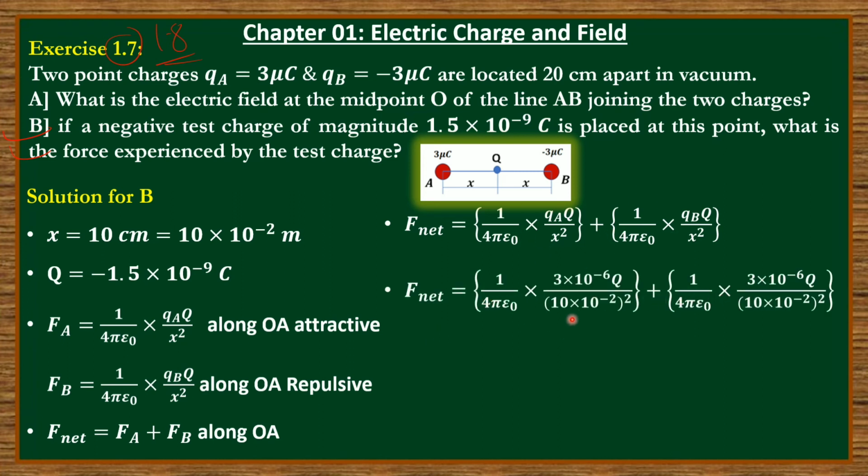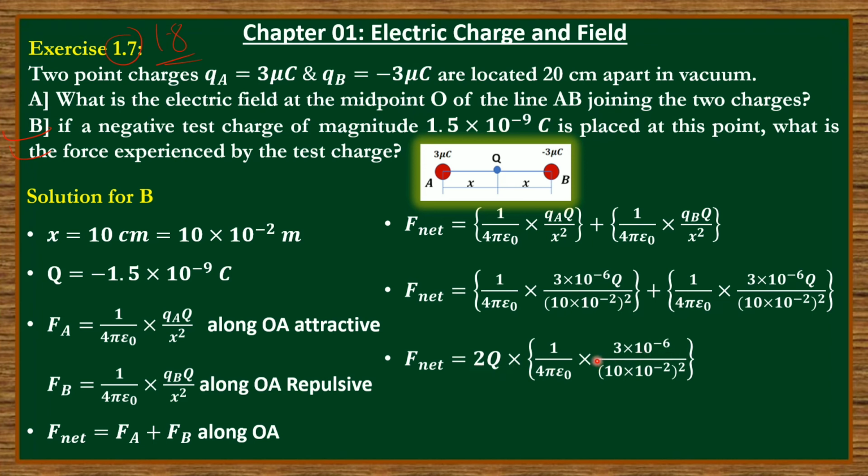Again put the values, actual values given. So we will not take negative charges here because this is the magnitude. Okay, and by using that negative sign, we have decided the direction. Okay, so here we don't consider that. So positive value we have to consider. Okay, so remaining all is everything is same. So that value also you can put. This Q value we have to put here. This Q I have taken out. Remaining 2 into this bracket.